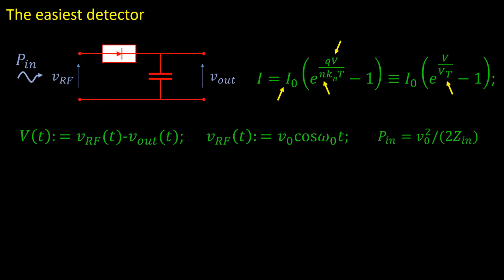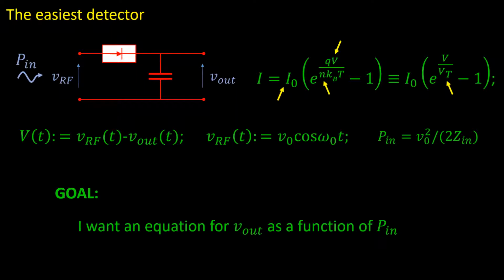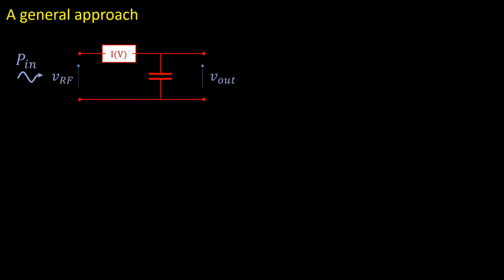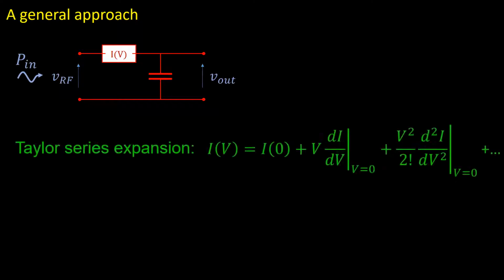After all, we need to do a frequency conversion. Our goal here will be to obtain an equation to estimate the output DC voltage from a given amount of input RF power. We will consider first a general case in which our device is represented by a nonlinear IV curve. If we assume that our signal is weak enough, we can estimate the current from the first terms of the Taylor series expansion. In order to avoid strong errors, the total voltage in terminals of the device must be low in comparison to the voltage change we need to apply in order to observe a significant change in the current.